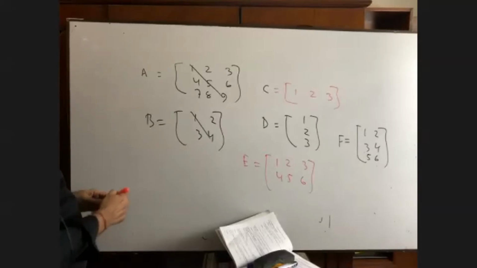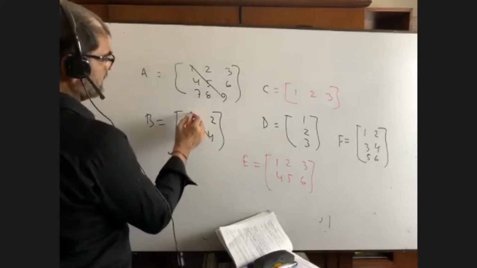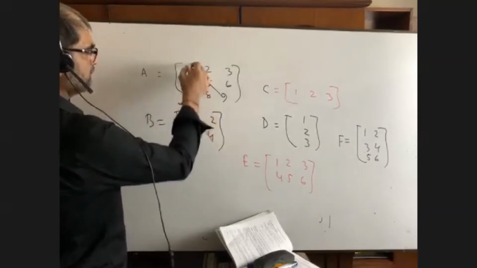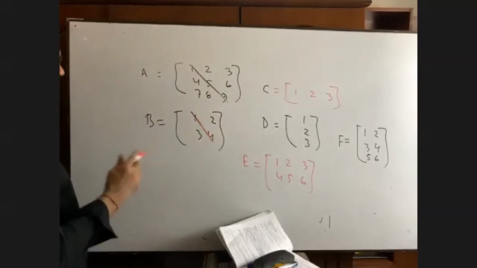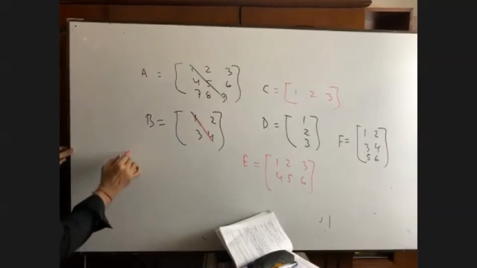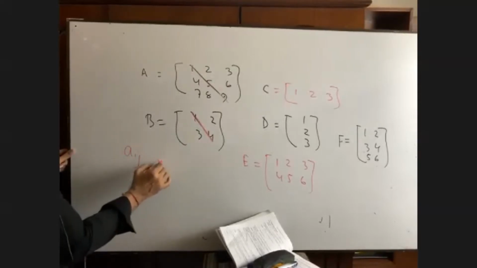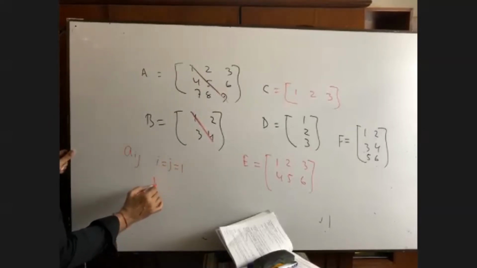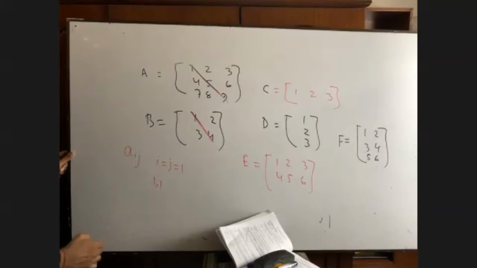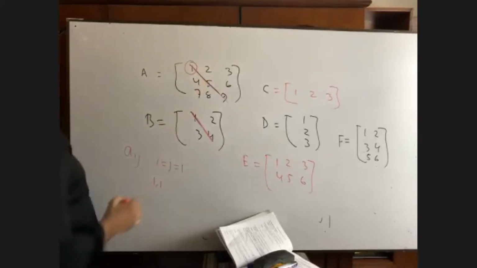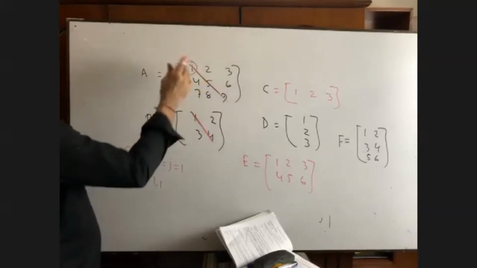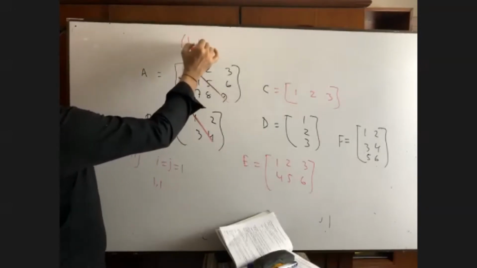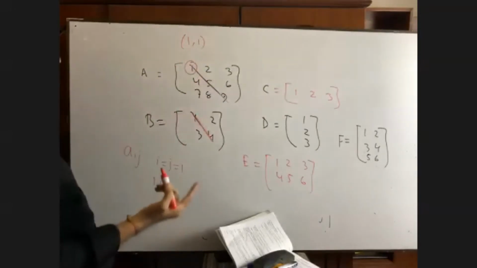So what are we getting here? We are getting this as the principal diagonal. Very good. But in the definition, what I told you, Aij, where i equals j equals 1. That means the entry which will start at 1, 1. 1, 1 means what? This is 1, 1. I told you 1, 1. First row, first column. 1, 1 means what? First row, first column. Right?